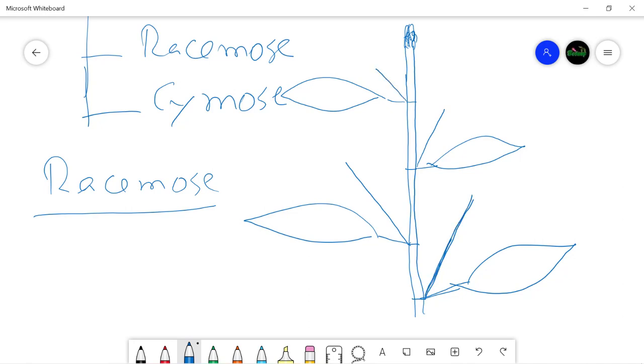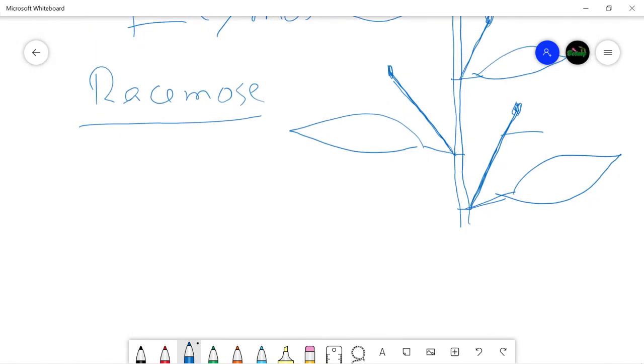So this branch is of a large size, and as we proceed upwards towards the apex of the stem, the size of the branches decreases. So they have apical buds, say. So in racemose branching, what happens is that the stem continues to grow